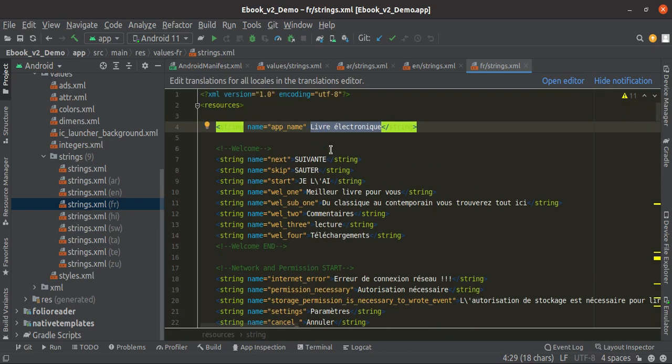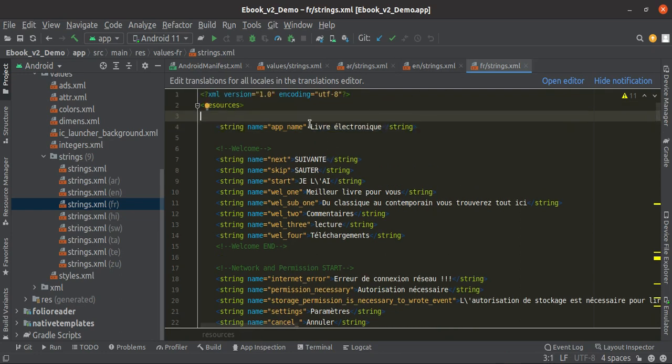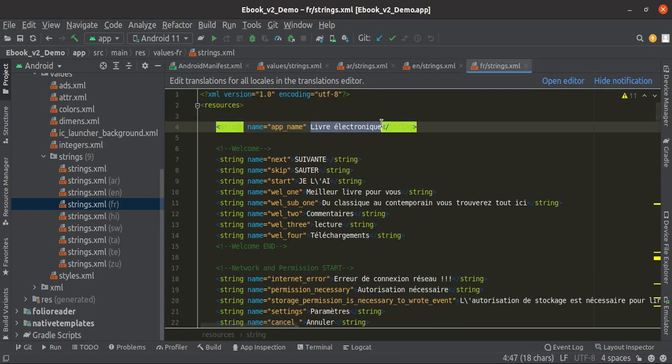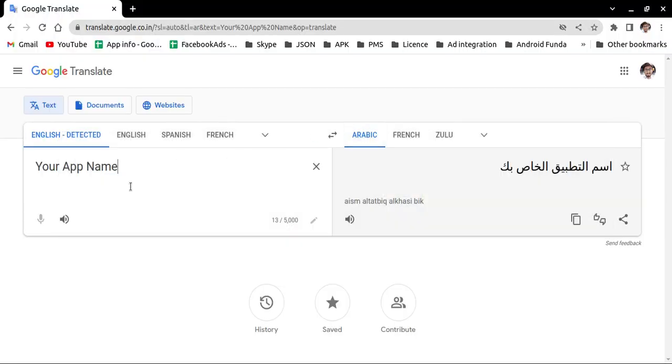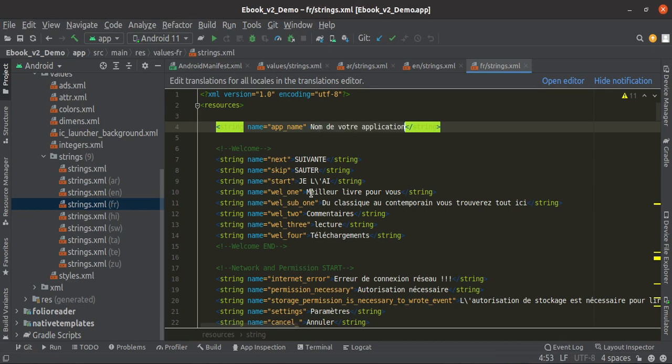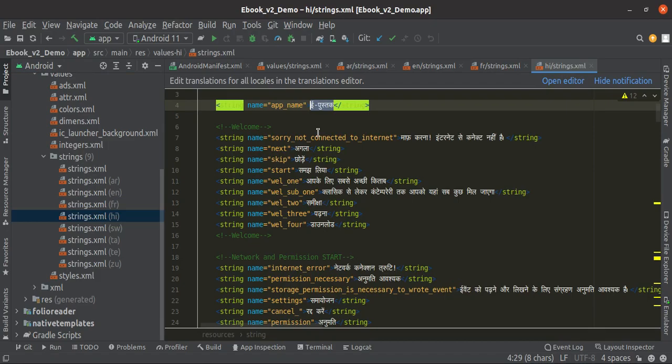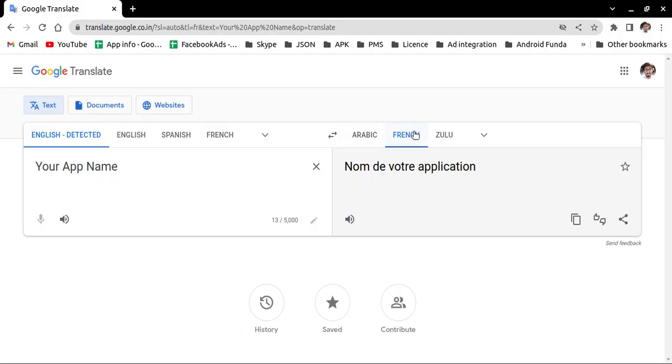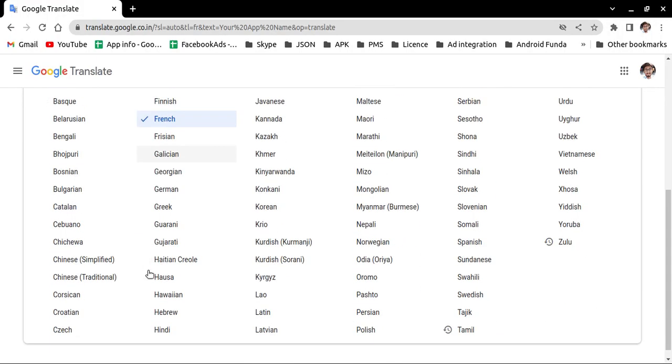In French the app name, let's replace, select here French and replace. In Hindi, e-pustak, just select Hindi.